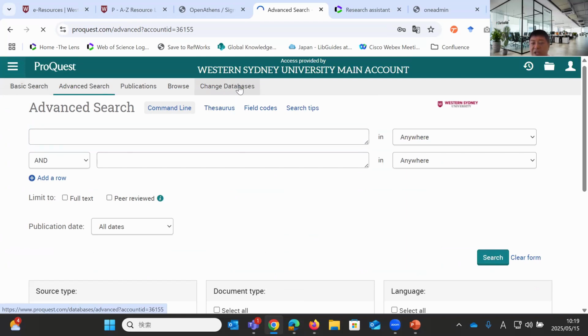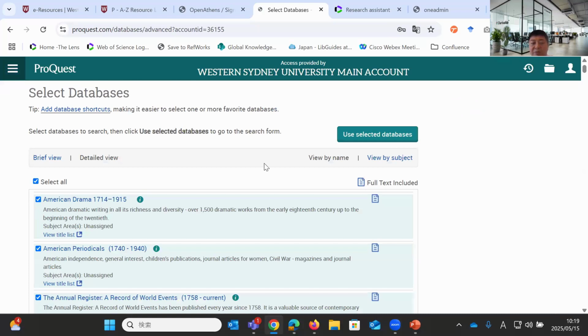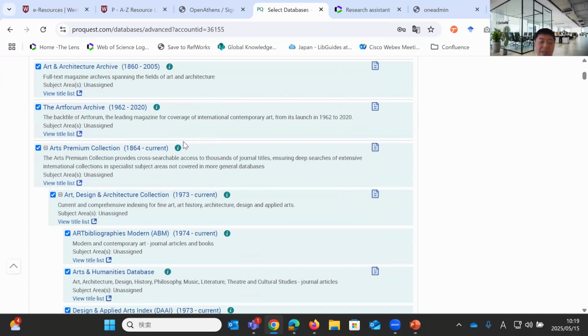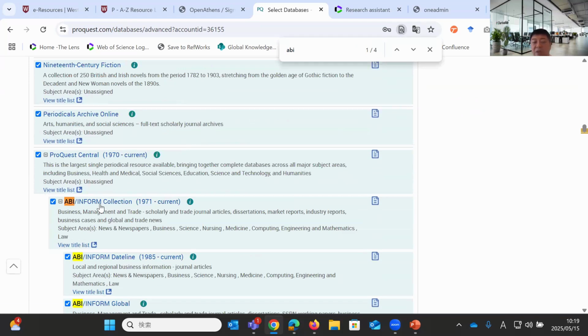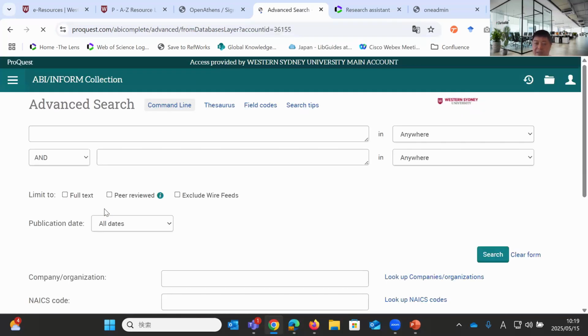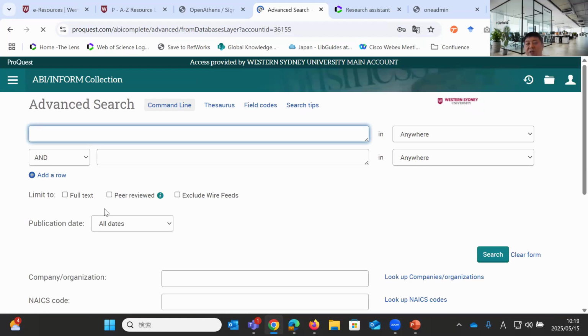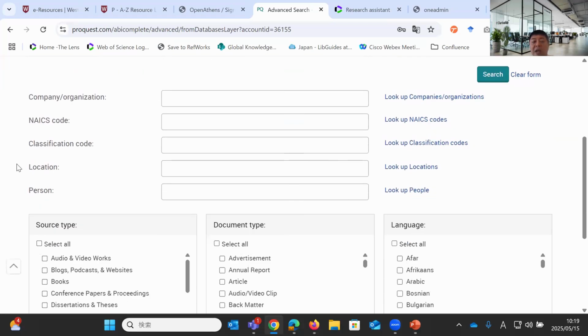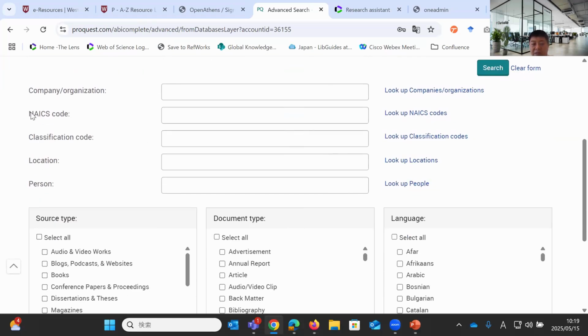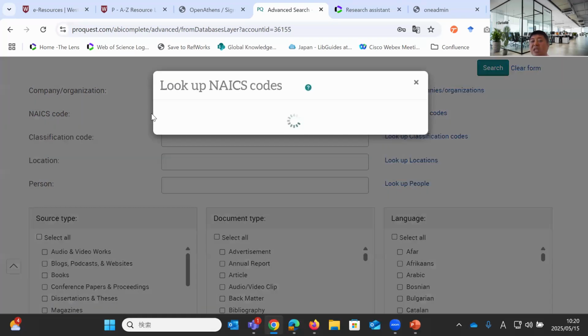If I go to the change databases tab, the same option as open menu, change databases, and let's say I want to go to the ABI Inform collection. This is a very popular business database. So this is the advanced search interface of the ABI Inform collection, and you see different fields here. For example, NAICS code, the North American Industry Classification System.